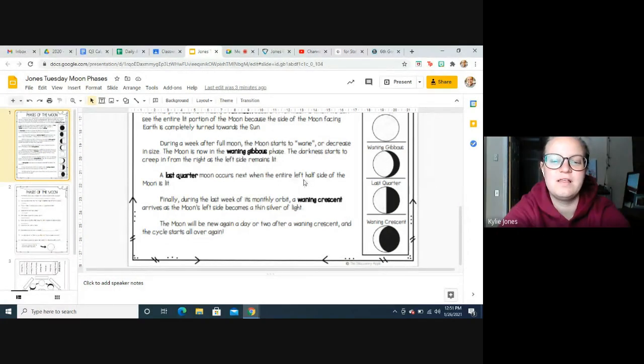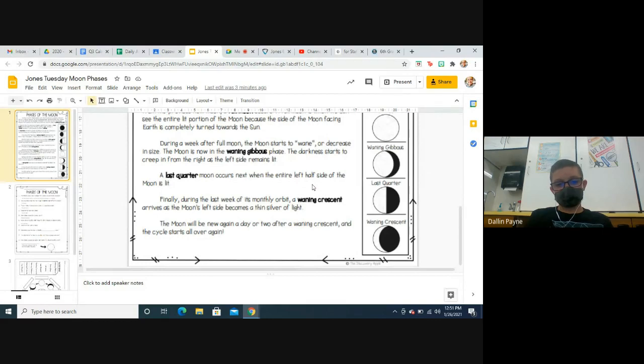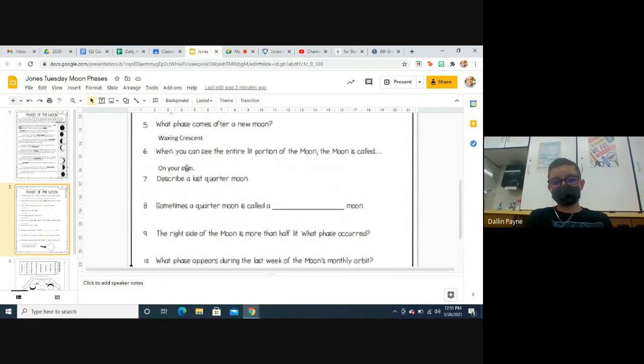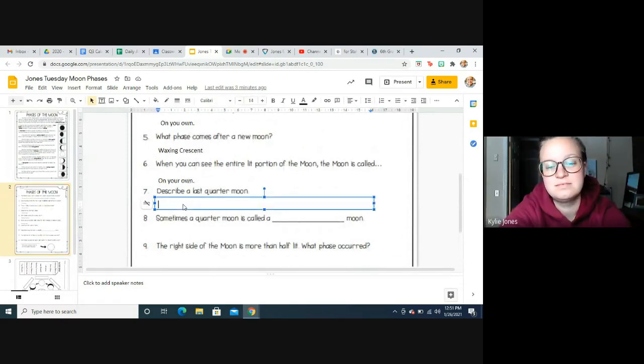Yeah, which half though? The left half. Left half? Good. So I had it right all the time. I just changed it. Well, what you were describing to me was not correct, so I don't know what you had before. The left half of the moon is lit up.